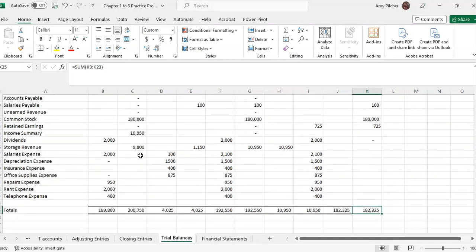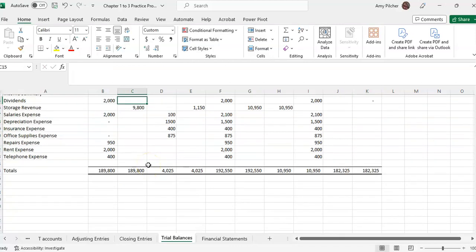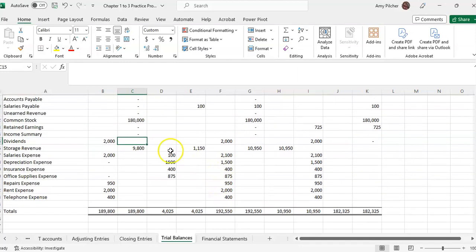Oh, did we mess up our, yeah, that income summary amount should be blank. Okay, so our debits equal credits all the way across. All of our revenue and expense accounts are empty as of